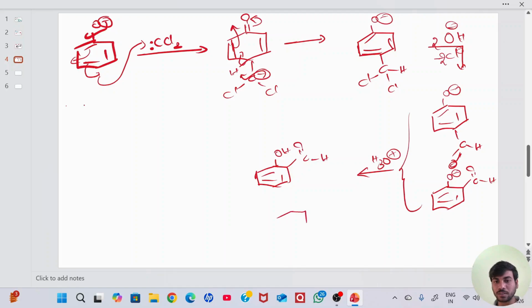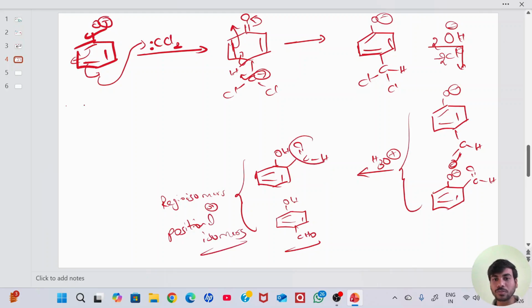This is ortho-hydroxybenzaldehyde and para-hydroxybenzaldehyde. Okay, and once again I am repeating, these two are regioisomers, or you can also call them positional isomers,